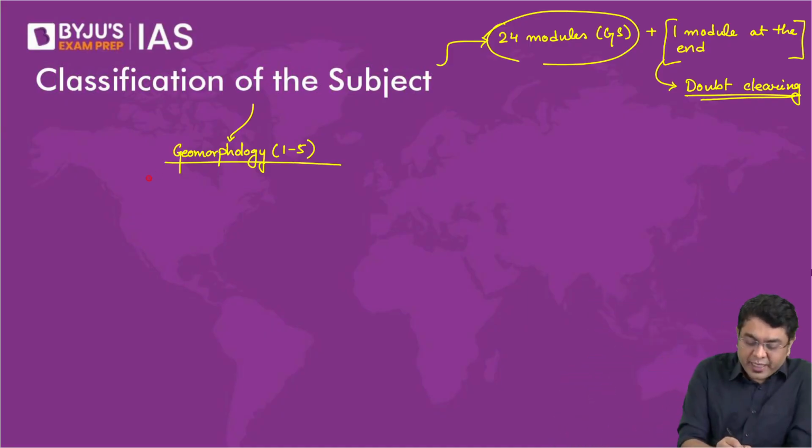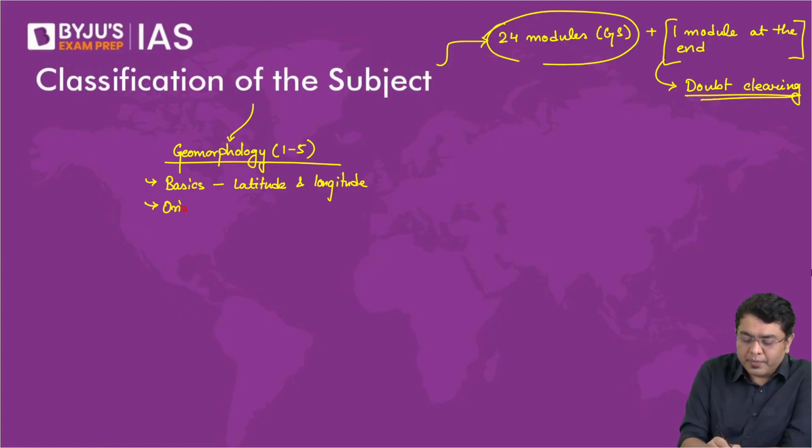So here we are going to study the basics first of all today, in which we are going to talk about latitude and longitude, then origin of Earth, then after that rocks, then continents and oceans,